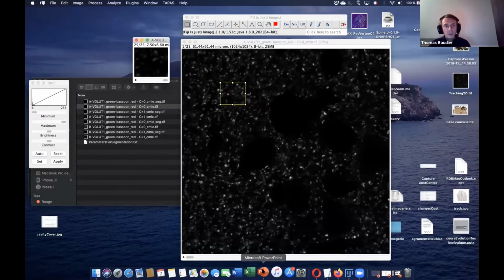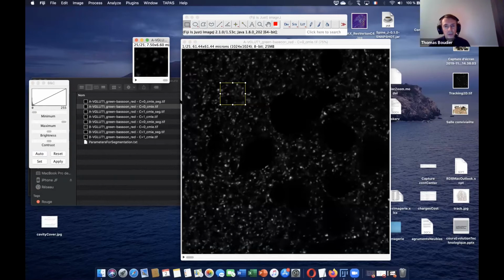The problem with this is that if we have the same threshold for all the spots, some spots are very bright and some are very dark, very faint. With the same threshold, you may miss some very faint spots, or some very bright spots may be merged together. So for this kind of image, you may want a different threshold for each spot. This is why we may want to use something else. If the objects have more or less the same value and are very well constructed, you can use the 3D object counter, no problem. When objects have very different thresholds, you may want something a bit different.